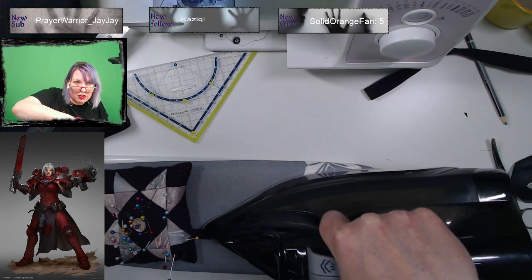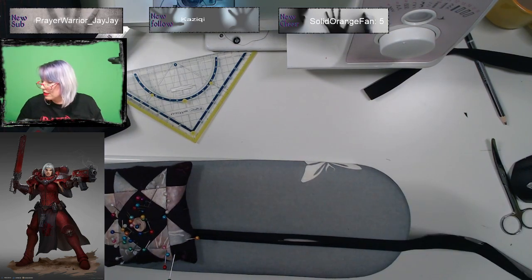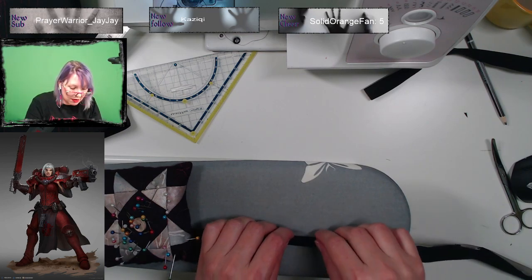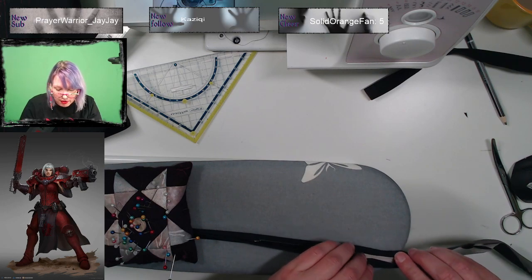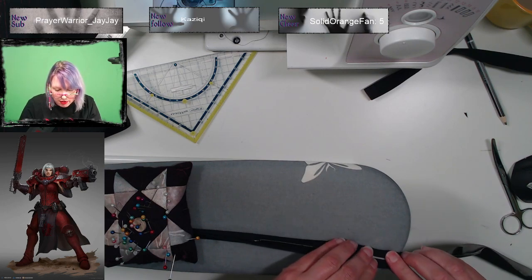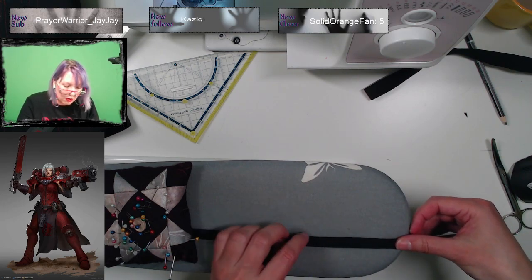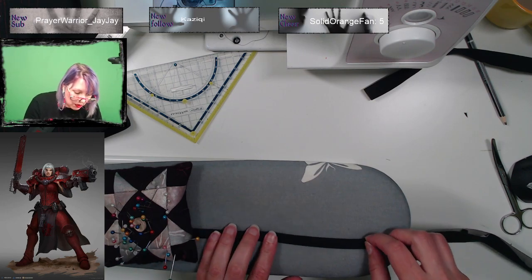This is the boring bit. Soon we'll get to the fun bit of putting in the bones and making the bones. There we go.